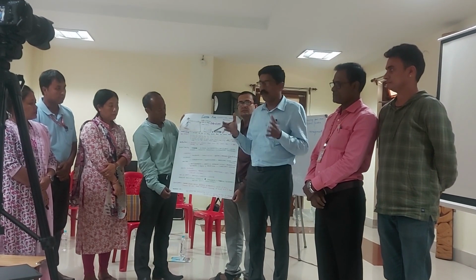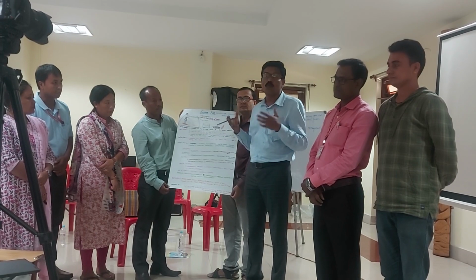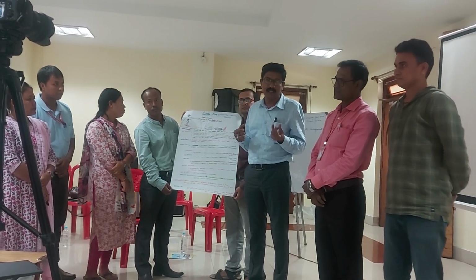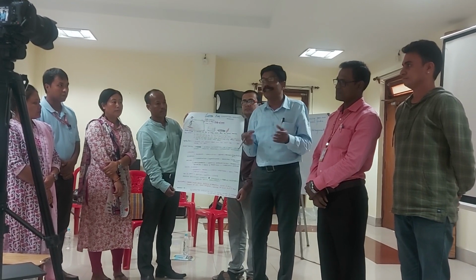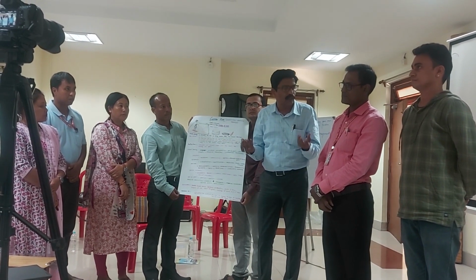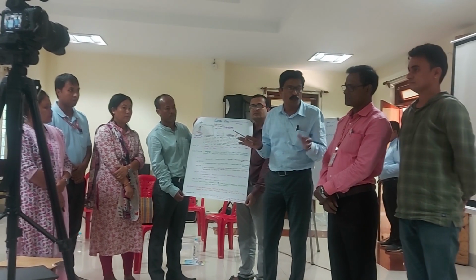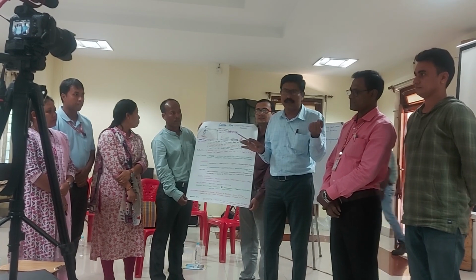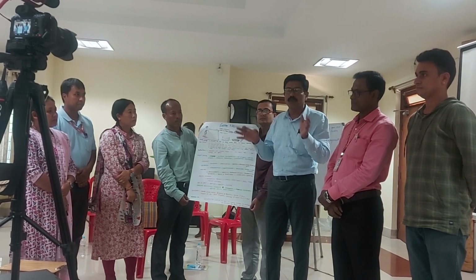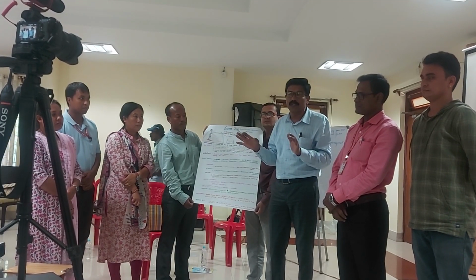Now, reflection. Students will discuss what they have done. What is a seed? What exactly is a seed? Because whatever material they brought, there is a possibility that there can be some other object which appears like a seed but is not a seed, for example, seeds of pomegranate and all. Some destroyed seeds could be there. So they will be able to understand exactly what a seed is and what the difference is between a seed